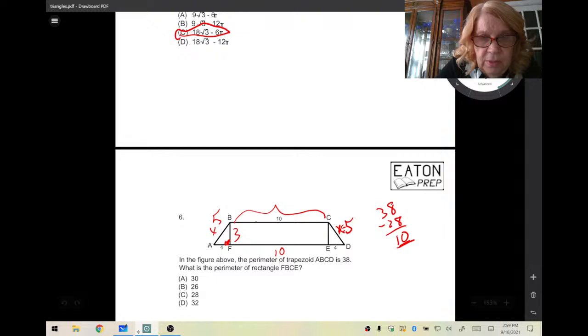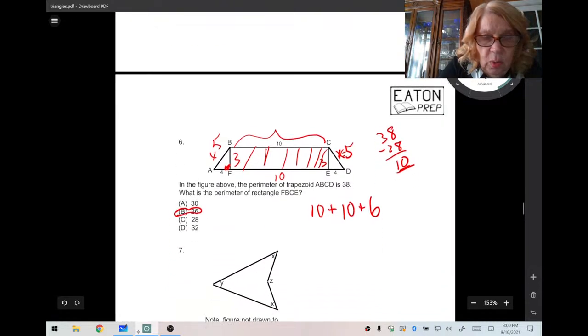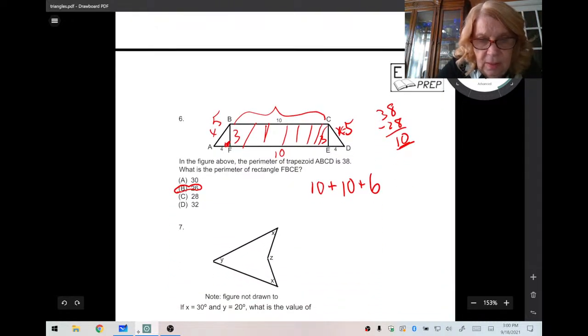Our job now is to get the perimeter of the rectangle. Would just be 10 plus 10 plus 6, which would be 26. Not so bad. This one, if you get one like this,